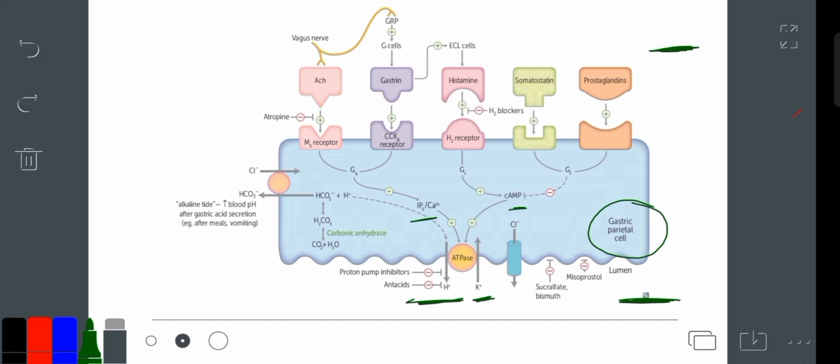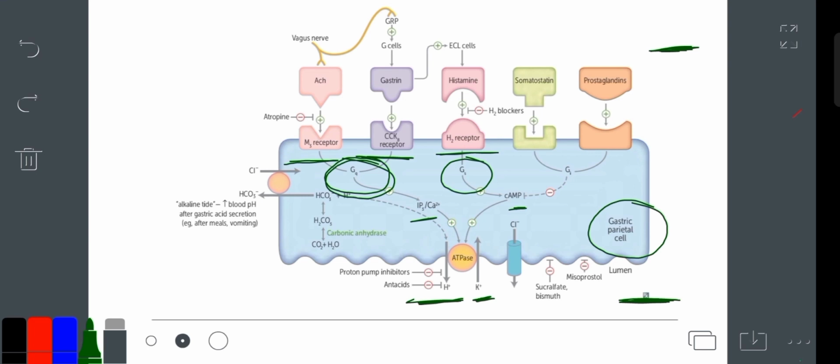It is stimulated by Gq protein or Gs protein. Gq protein and Gs protein are further stimulated by the muscarinic type 3 receptor, the cholecystokinin 8 receptor, and the histamine type 2 receptor. At the basal surface of the gastric parietal cell, there is the vagus nerve that releases acetylcholine. Acetylcholine has two functions. It acts on the muscarinic type 3 receptor and stimulates the Gq protein, and it also stimulates the GRP, gastrin releasing peptide.